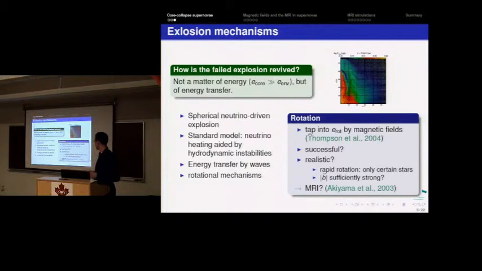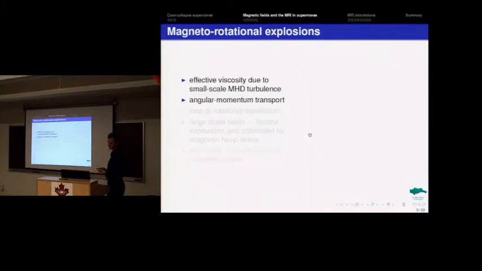And for this, Akiyama et al. have proposed the magneto-rotational instability to work also in supernova cores. Now, a few words in more detail on this magneto-rotational mechanism. There are a few different possibilities. For example, you could have small-scale MHD turbulence leading to an effective viscosity and to small-scale transport of angular momentum. Or the same can also be